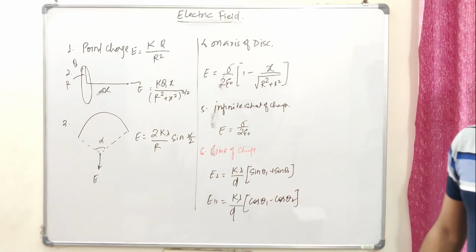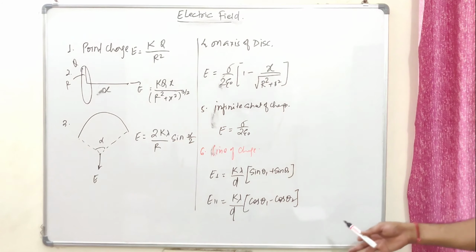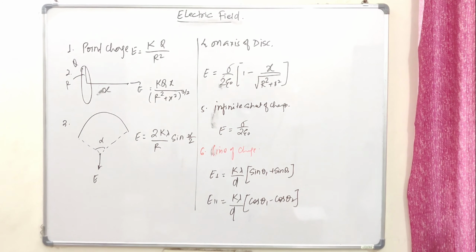I've actually made one complete video on these lines of field. If you guys want to check, you can go ahead and check it up. There I've told you to choose theta 1 as the smaller angle, though it does not matter a lot, but yeah, you should be choosing that. That's going to be helpful for all of you.